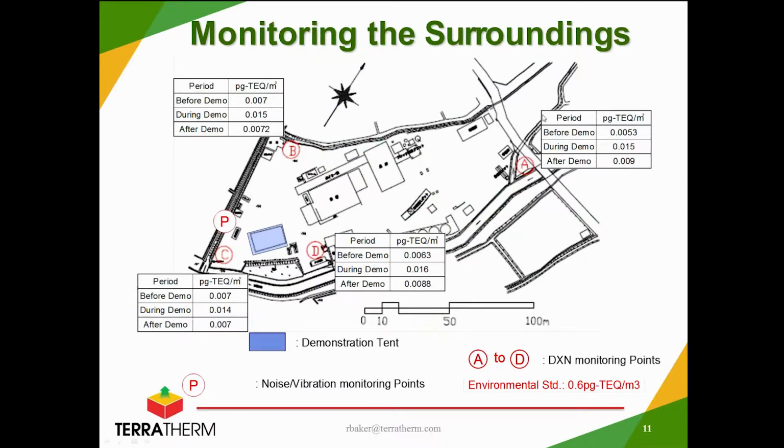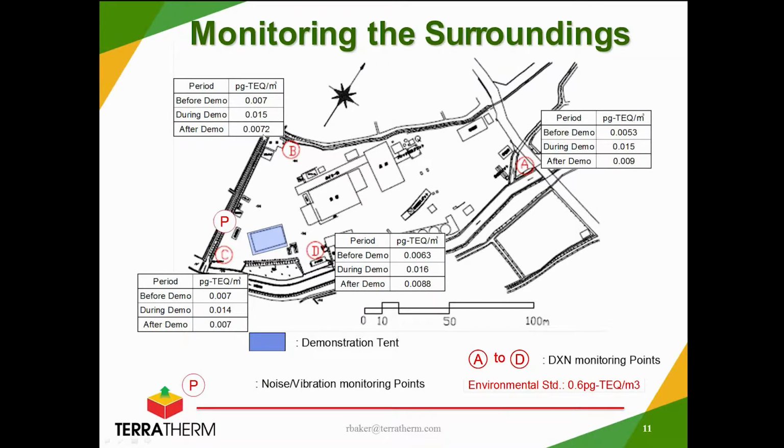So here's a site plan showing the property, which was located in Shimonoseki, which is part of Yamaguchi Prefecture in the western part of Honshu. Here's the treatment building, and there were 4 locations around the perimeter of the property, shown A, B, C, and D, where the ambient air was measured, the dioxin in ambient air, before the demonstration, during